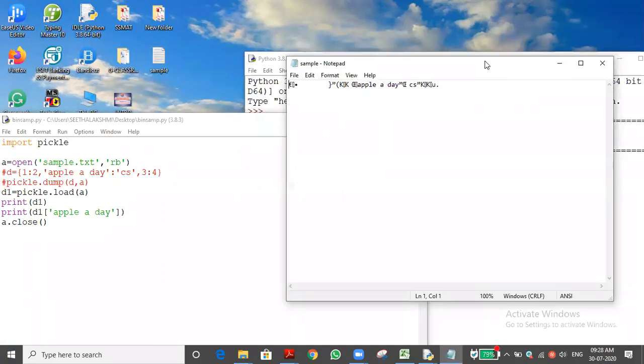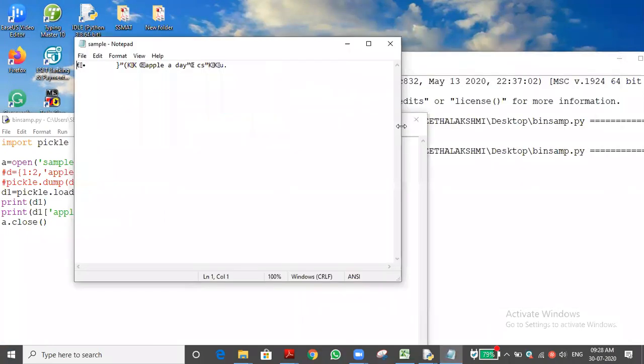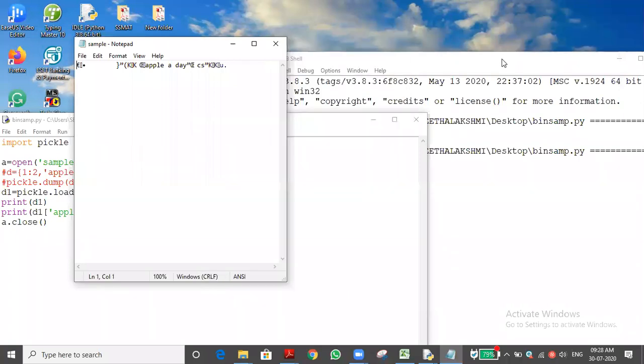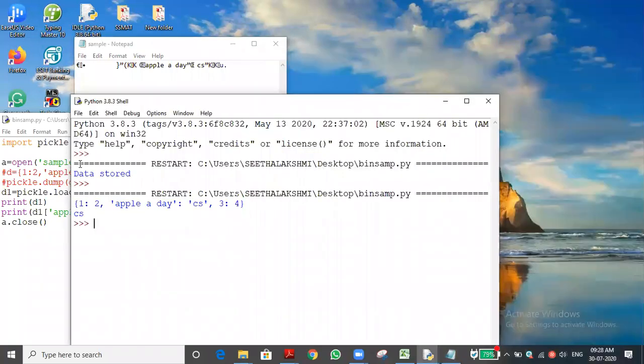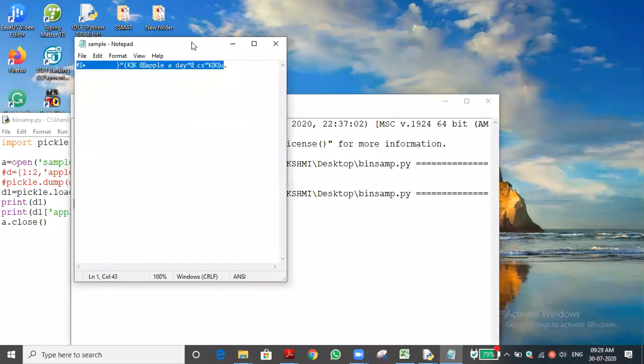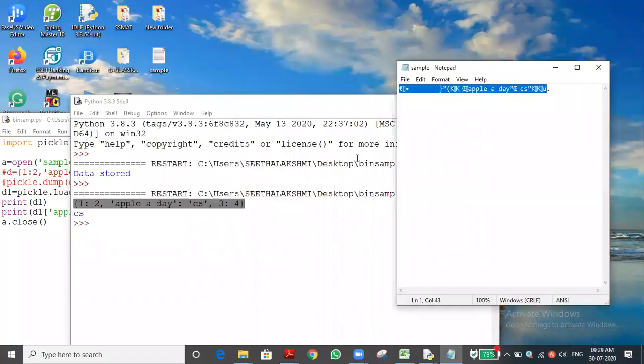Actually, this is the encoded data. One minute, I will resize it for your case. Could you understand? This is the original data. I'm selecting this. This is the original data. No, we wrote the file, isn't it? Yes, sir. So you can see this encoded form. It is not in an understandable manner. Somebody seeing the entire thing cannot understand it.